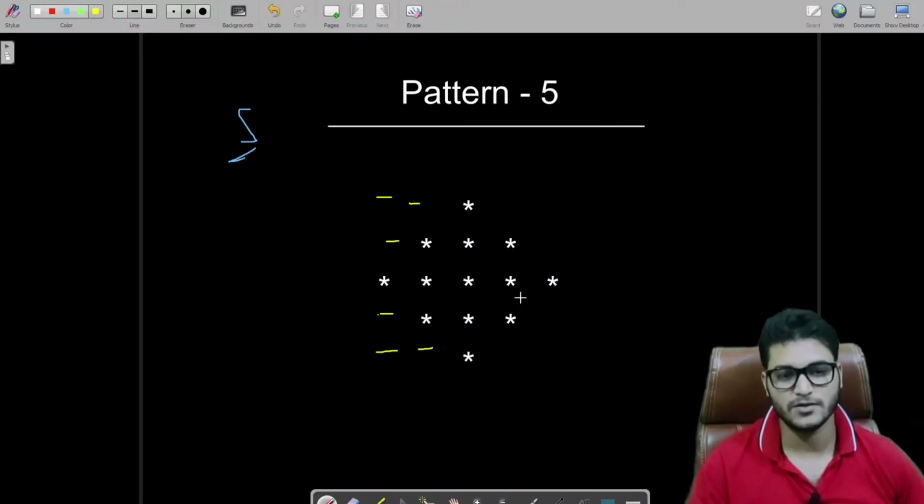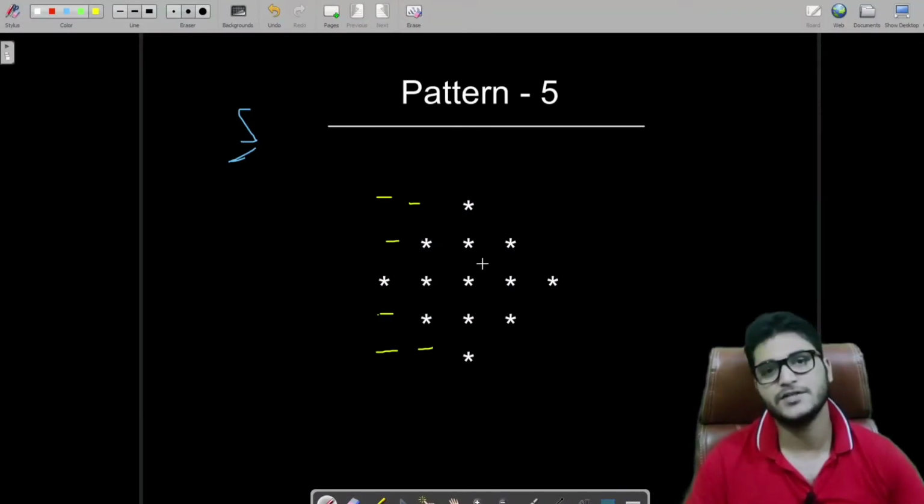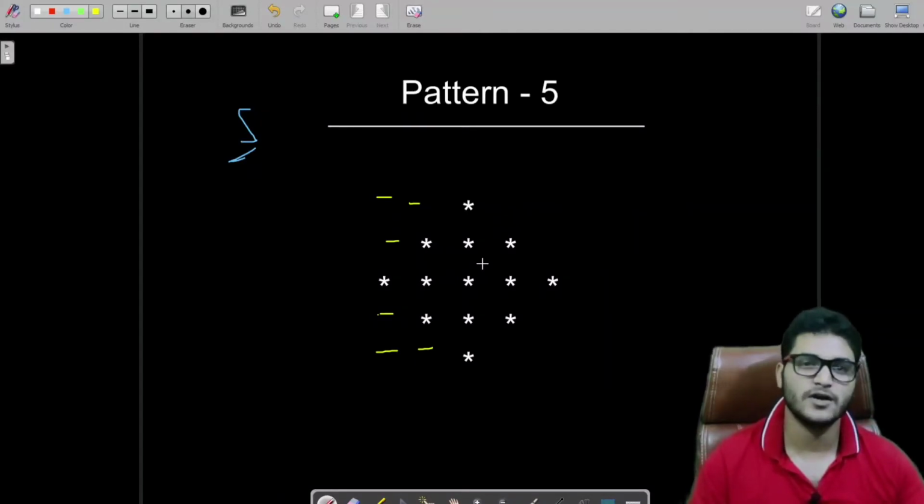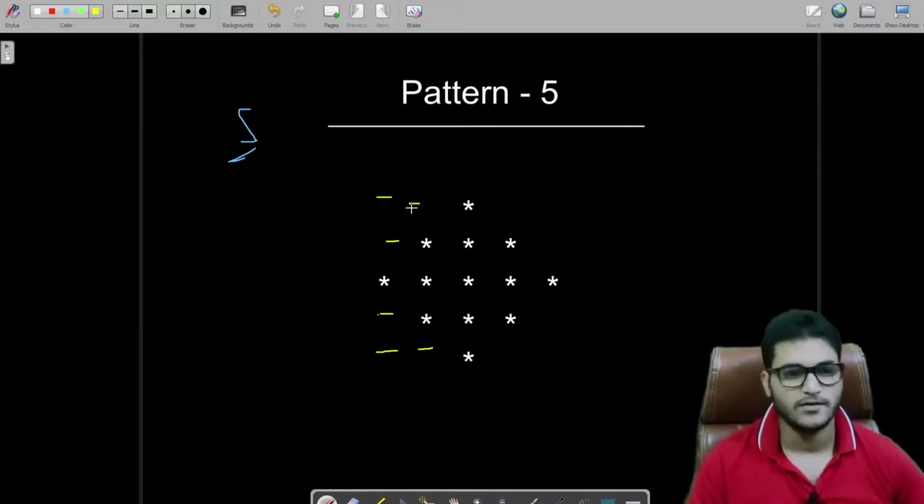Don't think about this side, because we have to print this way. In the first video of the pattern series, I already discussed how actual output is printed on the user console. So if you have any confusion about console printing, go and watch my first video in the pattern series. These are the spaces which have been printed on the screen.